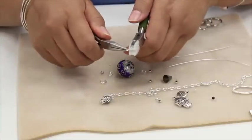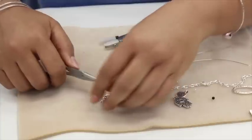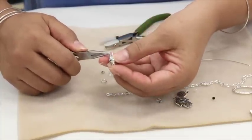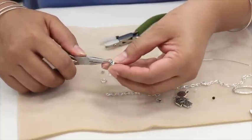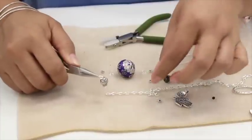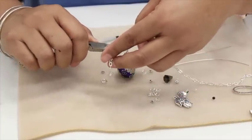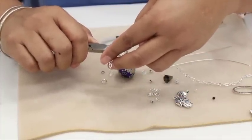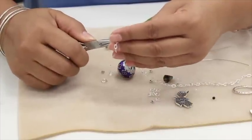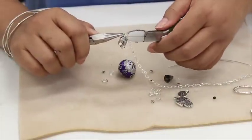So I'm just going to twist this one open. This is an oval jump ring where the opening is on the side. And I'm just going to slip it through the opening at the top of that bar. And then I can attach it to my chain. Whoopsie. Once that's in, I'm going to